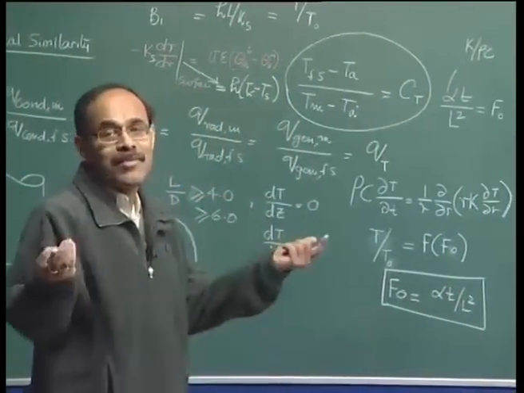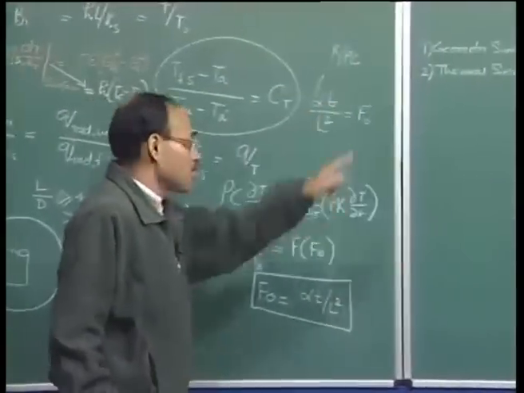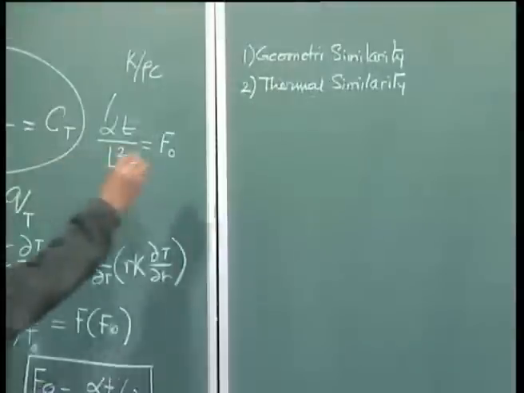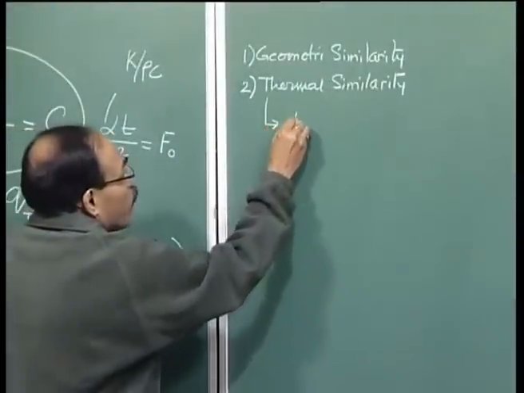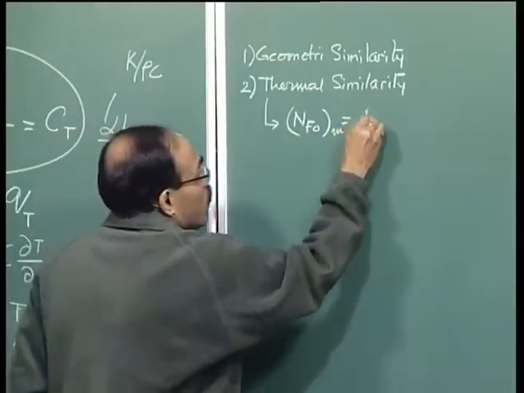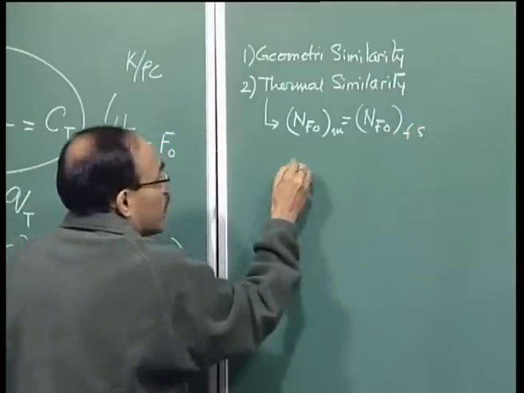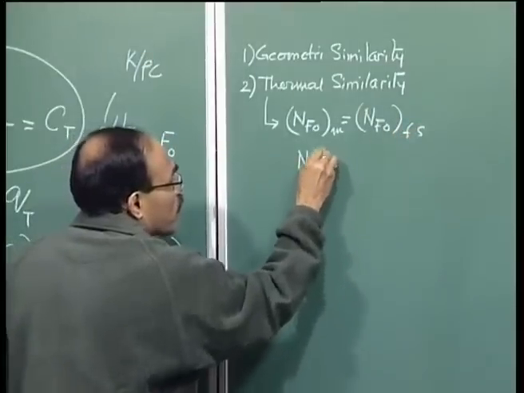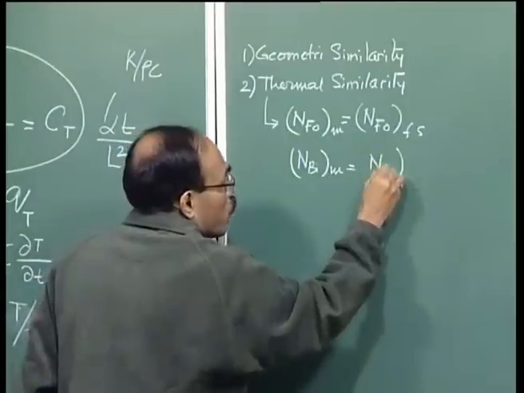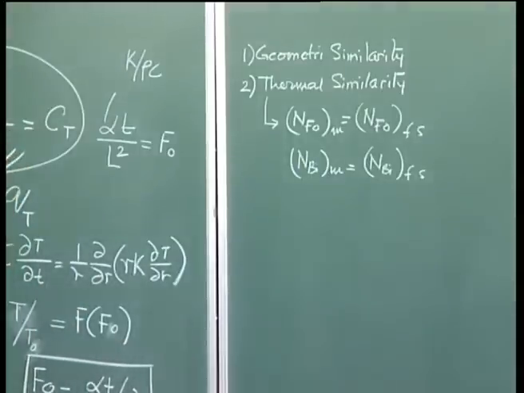Therefore, dynamic similarity does not come into the picture. So, geometric and thermal similarity will entirely govern the problem, and I have shown you that if N Fourier model is equal to N Fourier full scale and N Biot model is equal to N Biot full scale,